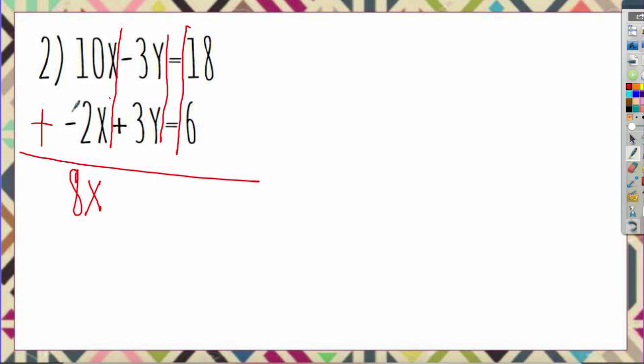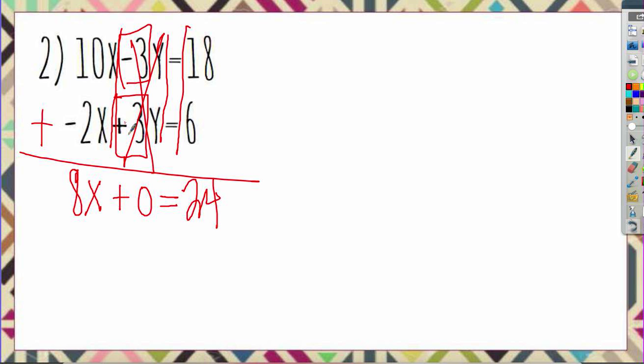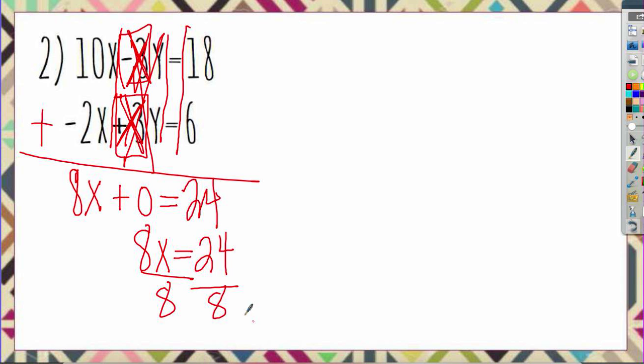But negative 3 plus positive 3, that's what's going to cancel out. That's just going to give us a 0. And 18 plus 6 is going to give us 24. So now our y's are gone, which is what we want. Elimination means it's eliminated because it's an opposite coefficient, opposite signs, and they cancel. So now we can just find out that if 8x equals 24, when I divide by 8, x is equal